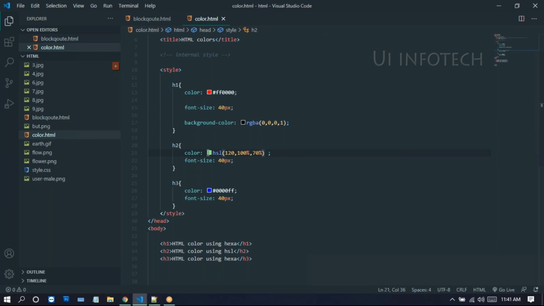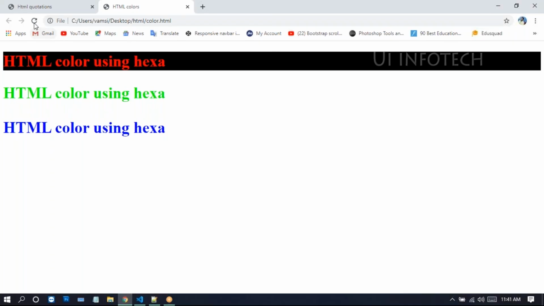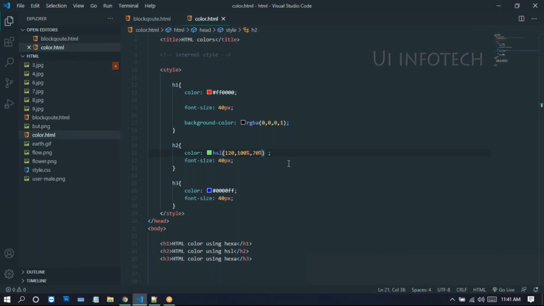If you give 100%, it will give the pure color. Next I'm giving 70%. If you run this in the browser, there you get a green color. Like this, we can use HSL.